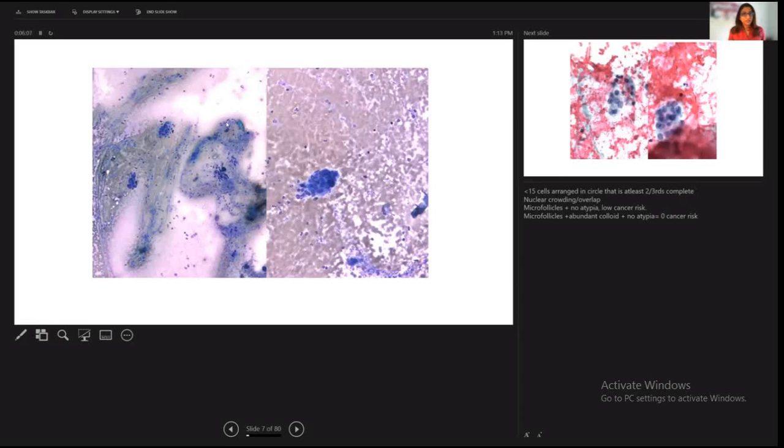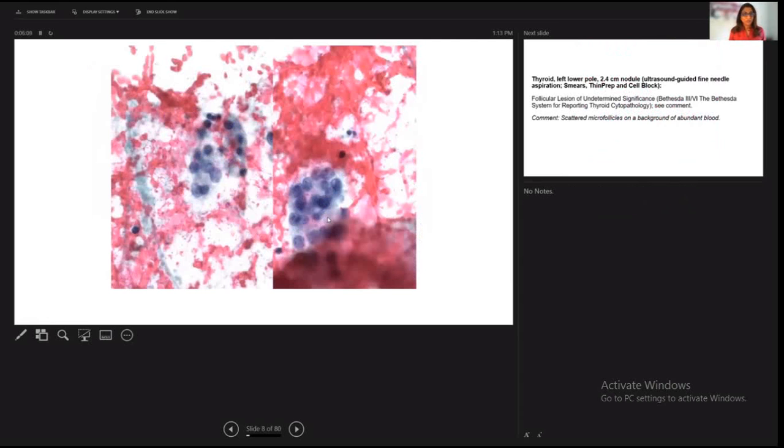Right? So, and there's not a lot of colloid. So this is the PAP as well. And you can see there's a lot of blood in the background obscuring some of these cells, but you could see relatively preserved microfollicles in this background. Some of these seem to have larger nuclei and some paleness to it, but overall it's very focal and very